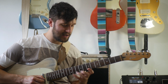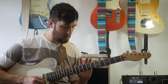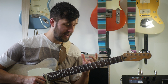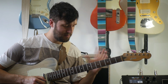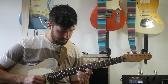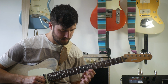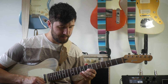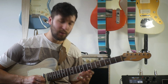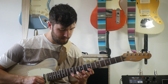In terms of actually what there is to look at with the lick, it's not necessarily crazy complex or anything. It's repetitive, which is good, and a repeating pattern. This little fingering part here is something to watch out for. So instead of doing a bar, you might want to consider bringing your middle finger underneath your